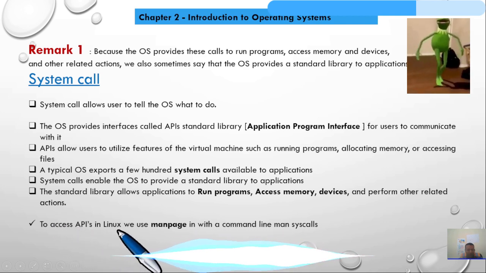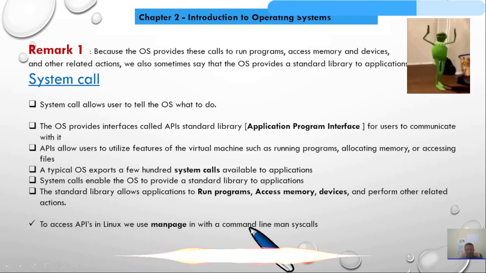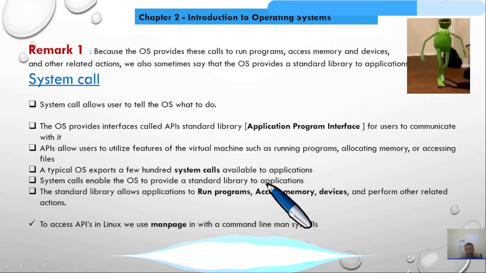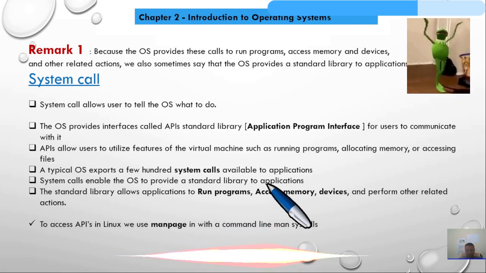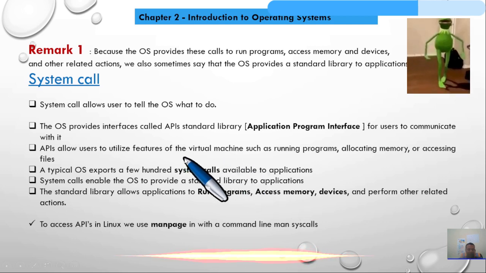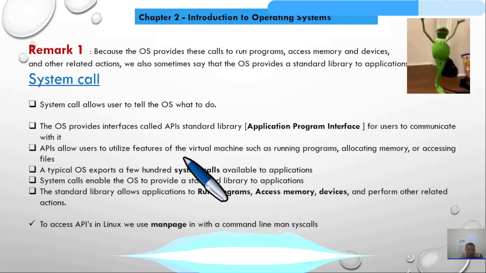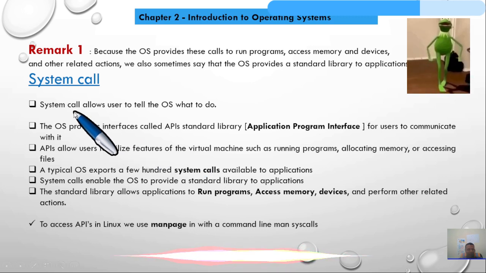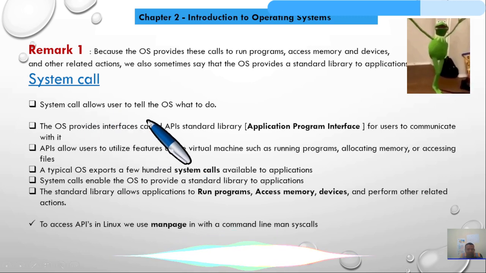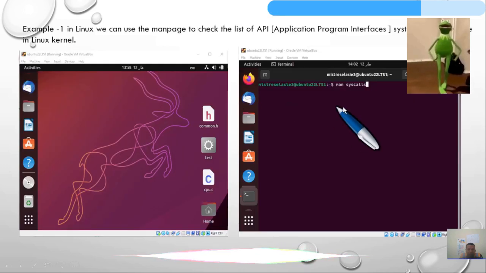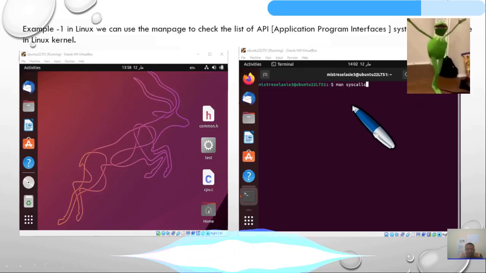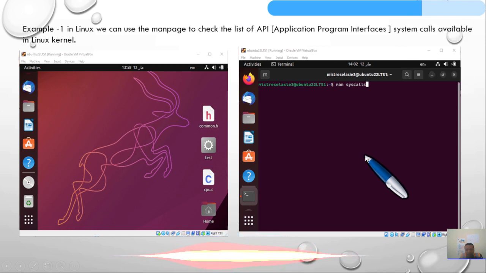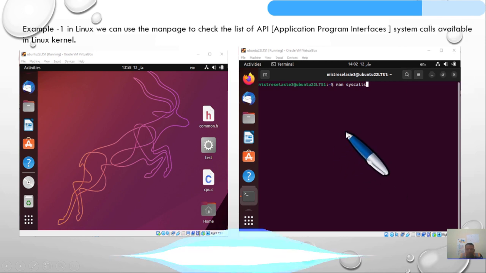To access APIs in Linux, we use the man page, with the command line man syscalls, and we shall see that in a minute. The most important thing is that the operating system is an interface between the user and the hardware, and the system call allows the user to tell the operating system what to do.